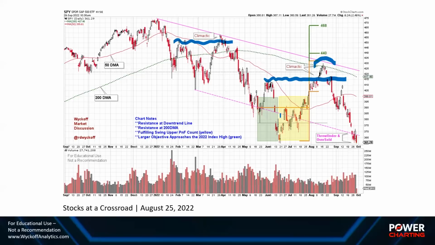And so we had fulfilled this yellow box point and figure count, and we had gone into the area of that, almost reaching the upper edge of the count objective range. And then sure enough, it just fulfilled the lower count, started to turn down, and this is where we have ended up at the end of the third quarter. So we're all the way back to the lows that we made at the end of the second quarter. So this, I believe, is the effect of window dressing by institutions. They have continued to sell stock, reducing their weak holdings,